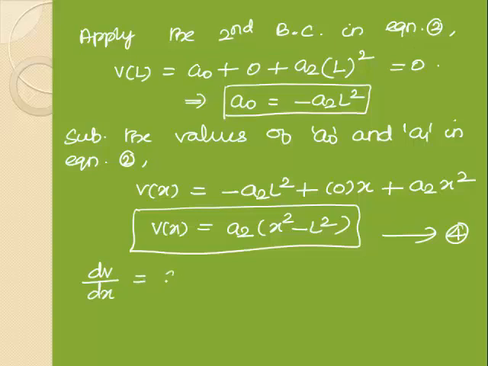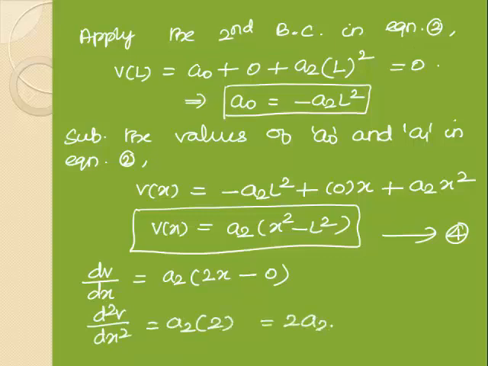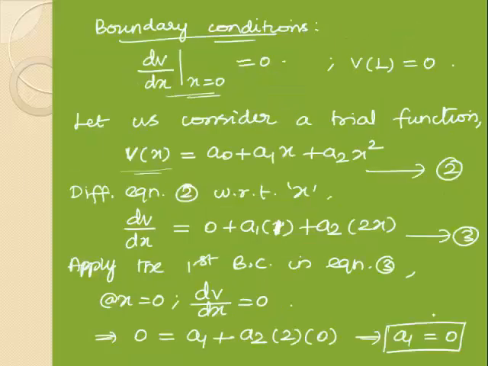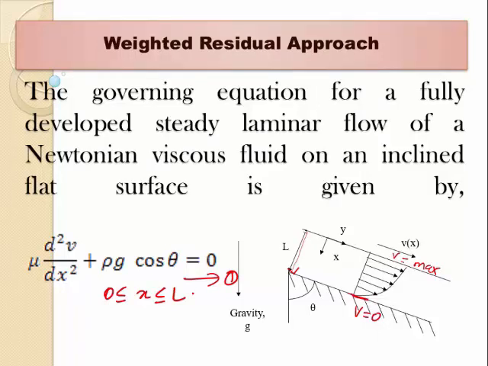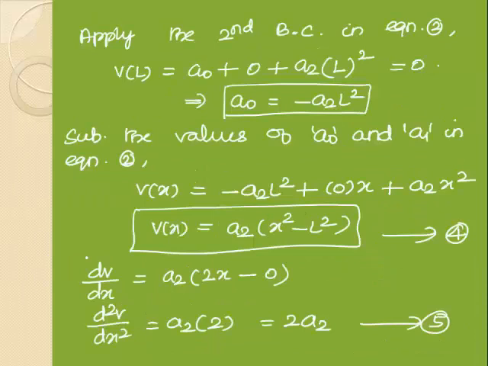So dv by dx is a2 into the differential form for x square, which is 2x, minus L square, which gives 0. Then d square v by dx square is a2 into 2, simply 2a2. Okay, so by comparing this d square v by dx square value with the d square v by dx square term presented in the governing differential equation, we can arrive at the residual expression. So by replacing the d square v by dx square term in the differential equation by the value we have found and presented in equation 5,